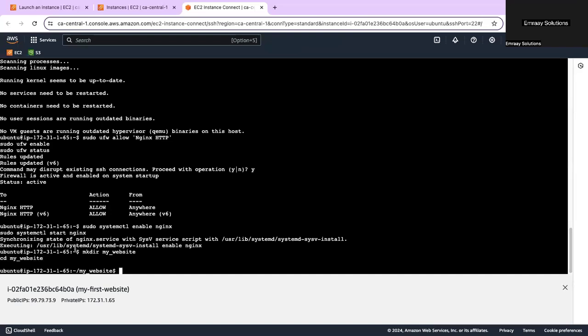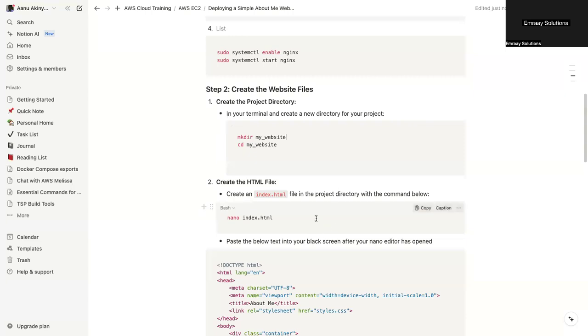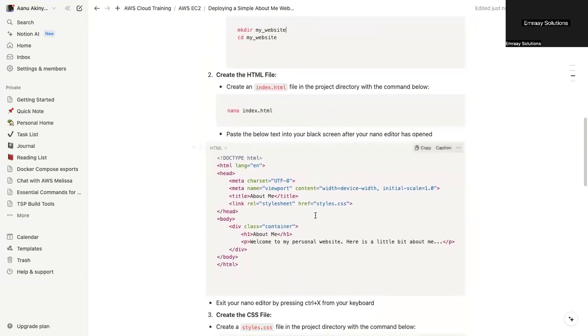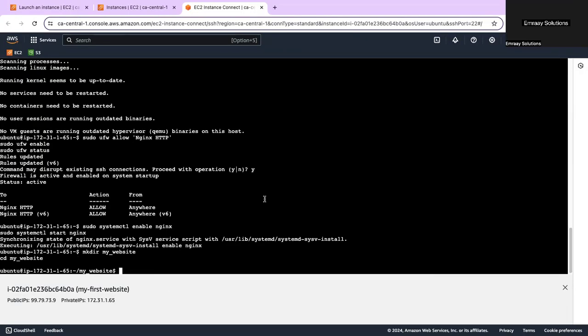And if you look at it, you'd see that before, it was just the tilde and the $ sign. Now it has to be tilde/my website and the $ sign. If you have this, then you're on the right path. It will change from tilde and $ sign to tilde/my website, then the $ sign. Then the next thing you want to do is create your HTML file. So copy this, create your HTML file,